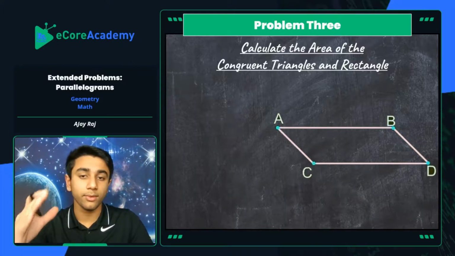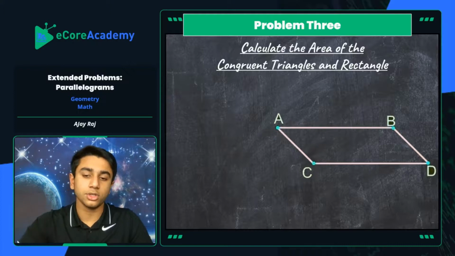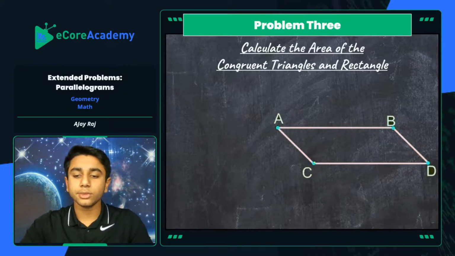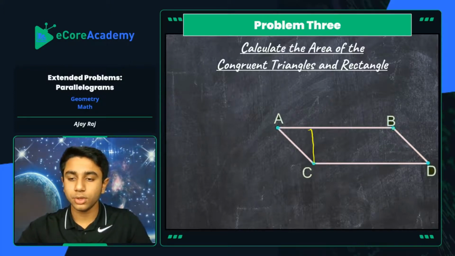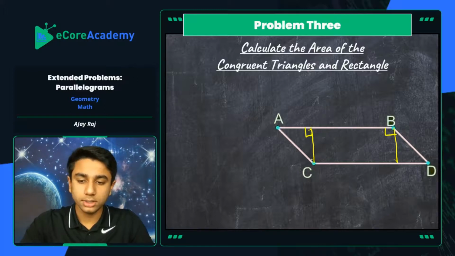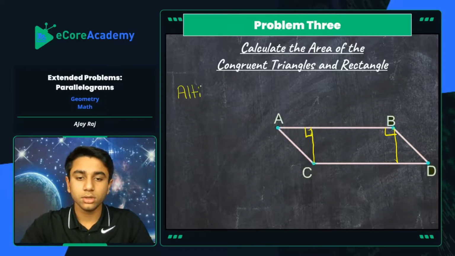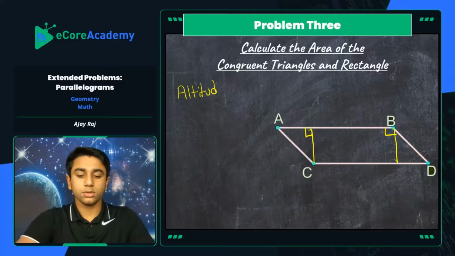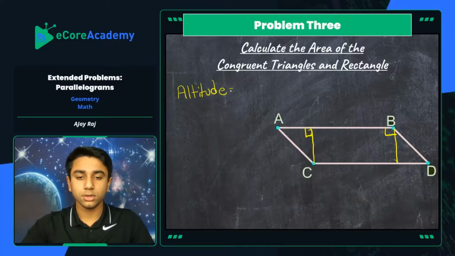So this is something that we referred to in our previous video, parallelograms part 2. What we're doing here is we're going to split this parallelogram up into our 2 congruent right triangles. We're going to form that right triangle here, and I'm just making altitudes of this parallelogram, and then we have one giant rectangle in the center. So if we're given the length of our altitude, if we're given that our altitude equals 4 units,